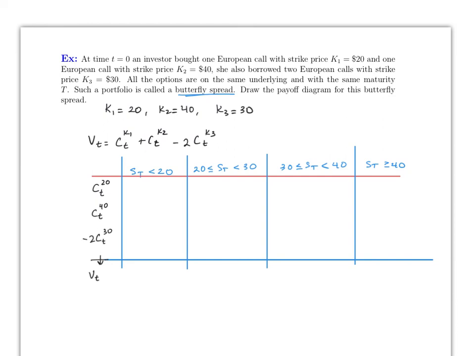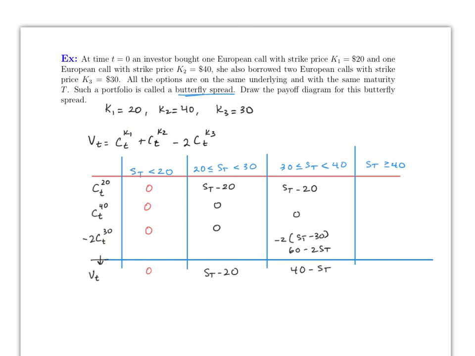If the value for the stock is less than 20, you will not exercise, so all of this will be 0. Now, if the value for the stock is between 20 and 30, then you will get S_T minus 20 from this one, 0 from this, 0 from this. So the total amount you will get is S_T minus 20. If it is between 30 and 40, this will be S_T minus 20, this will be 0, and this will be minus 2 times S_T minus 30, or 60 minus 2 S_T,